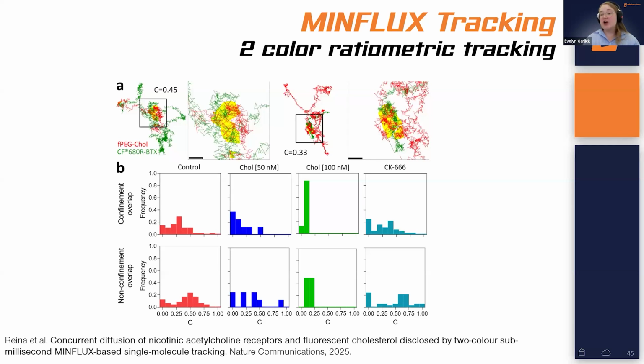So just a couple of cool examples from recent literature. Membrane research is a really strong focus for groups that are tracking with MINFLUX at the moment. This group here was able to use that spectral demixing that I spoke about with the two-color approach in order to track two different molecules and look at their behavior within the same areas